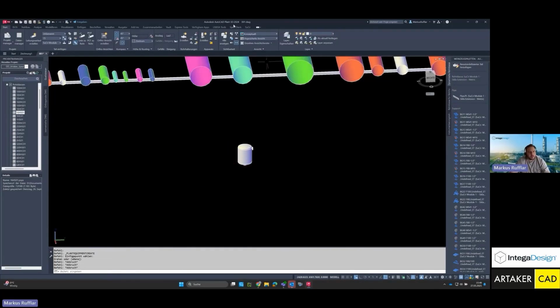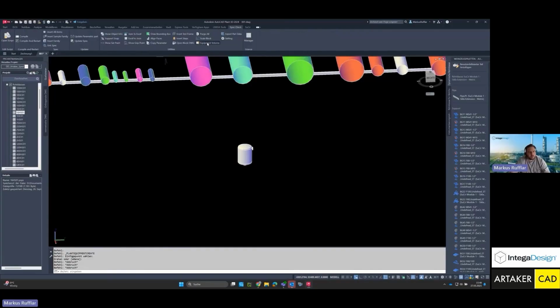I'll place the container here, spec check, and now I can select equipment volume here, choose it, confirm everything, and then I get all the values displayed very quickly, which makes it easy for me to check without having to convert units myself every time. All right, I've already shown the settings, and the last function I actually want to show here is export